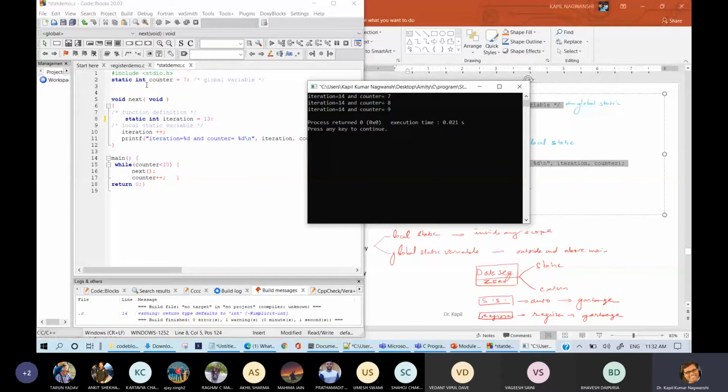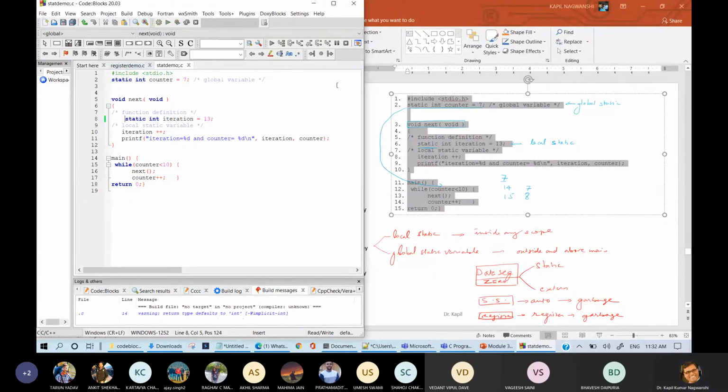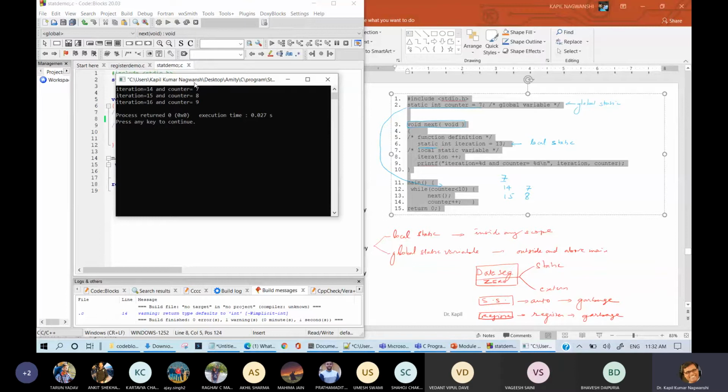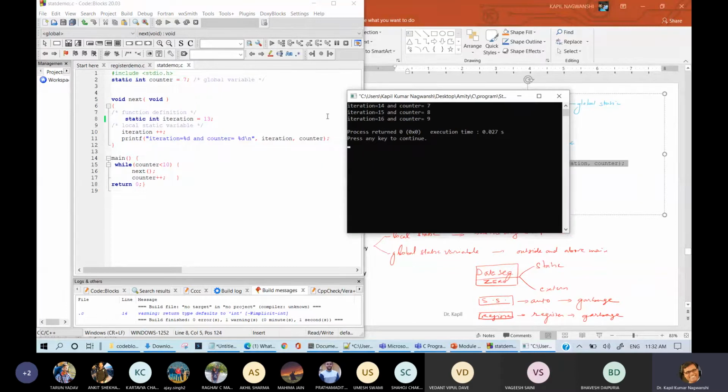Fine. And it is global. Now, the answer is 15, 16, and so on. So due to this static, it retains the value in memory. That is the important thing why a static variable is used in a C program.